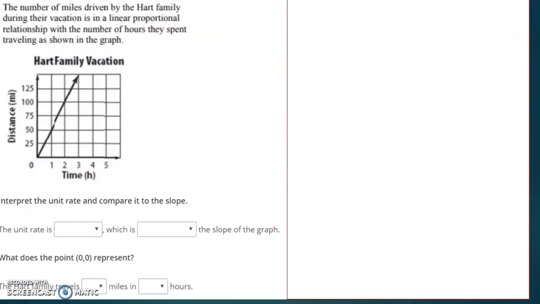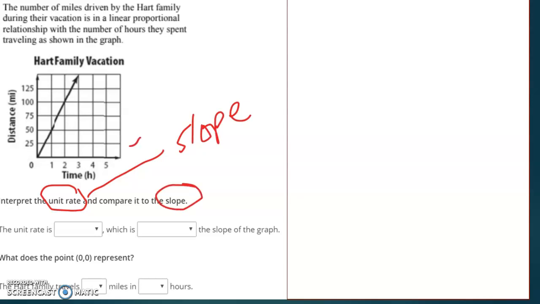The number of miles driven by the Hart family during their vacation is linear. Oh, this is the same thing, and we're going to keep going through this. It's the same. I split it up into 2 slides. So interpret the unit rate. Unit rate is another word for slope, and compare it to the slope. So if they're equal, the unit rate is also going to be 50 because slope was 50, which is the same as